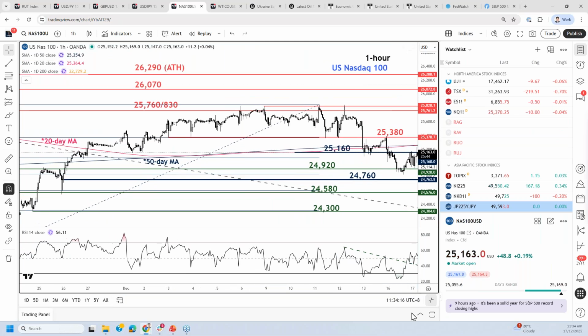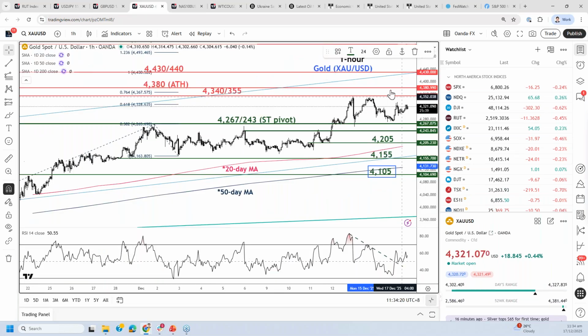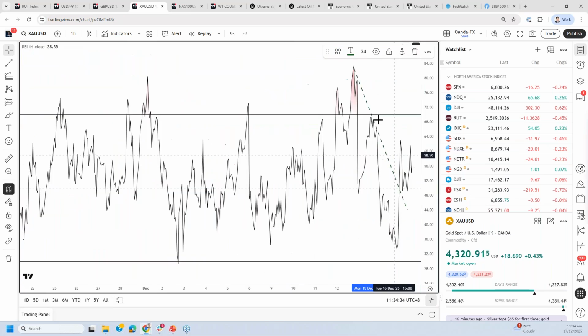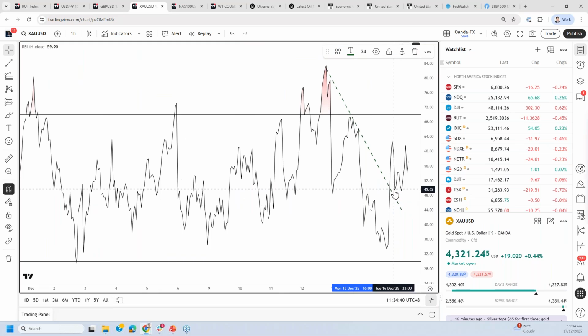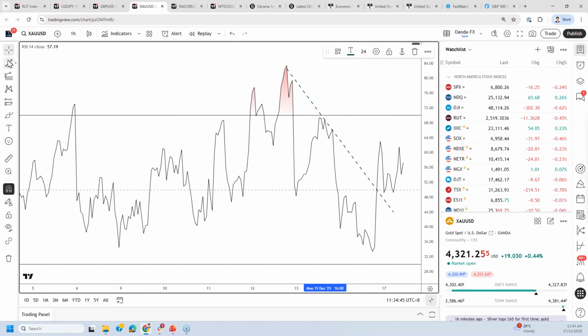All right, next up will be the commodities market, starting with gold XAU/USD. So gold XAU/USD, no change as it continues to bounce off from our short-term pivotal support level at 4,267, 4,243 yesterday. All right, that's still a bounce. So what I could see is that RSI is getting positive as it managed to stage a bullish breakout from a parallel descending trend line, and resistance now turns into a pullback support and now managed to hover above the 50 level mark and starts to print a higher low.